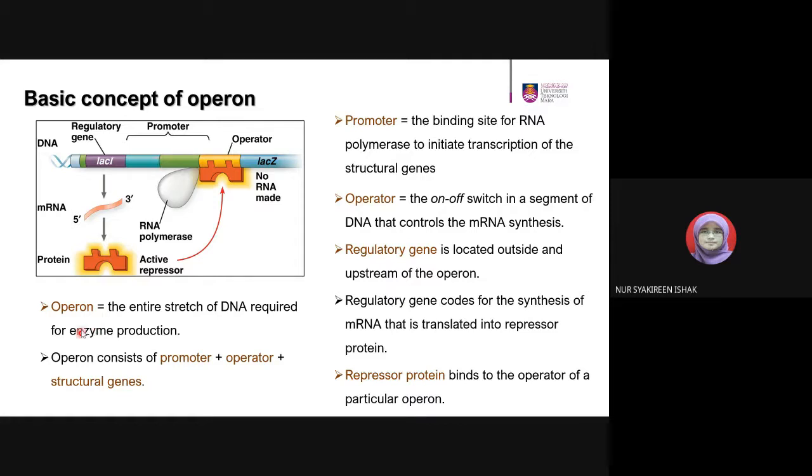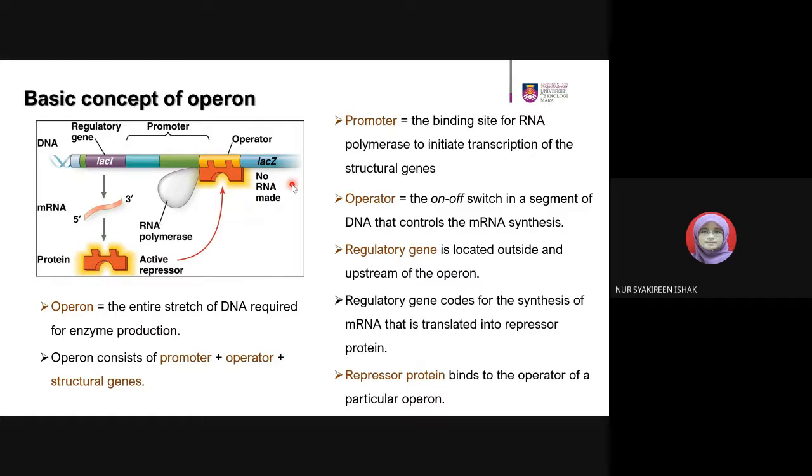Okay. So it says here the operon is the entire stretch of DNA required for enzyme production. So the operon starts from the promoter, operator and the 3 structural genes in the example of the lac operon. There are actually many operons, but what we need to look at in the syllabus is only the lac operon. Okay, lac stands for lactose, how the bacterial cells use lactose